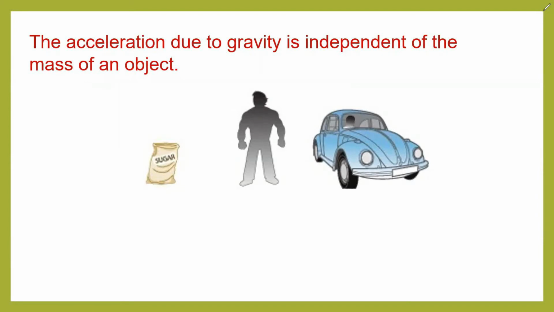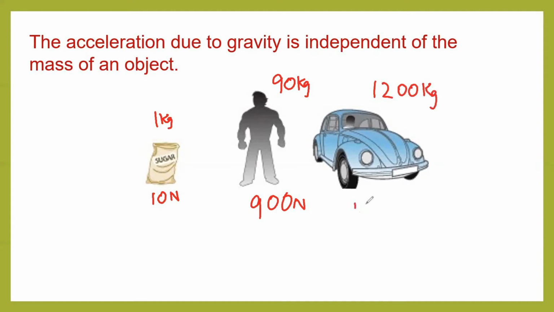We are going to see a few examples here. If I have a bag of sugar, if the mass of the sugar is 1 kilogram and the weight of the sugar is 10 newtons, and if the mass of that person is 90 kilogram and weight of the person is 900 newtons, if the mass of this car is 1,200 kilogram and the weight of the car is 12,000 newtons,